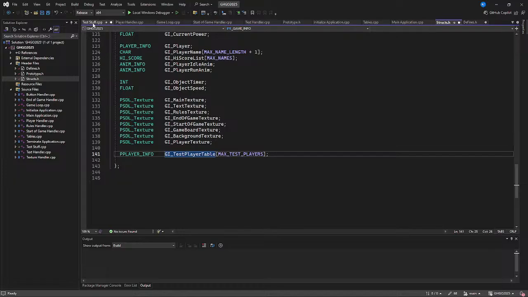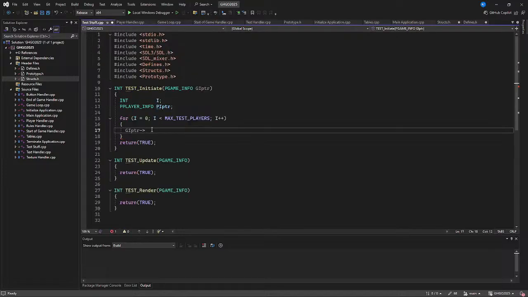Test player table, that way I don't forget. Equals